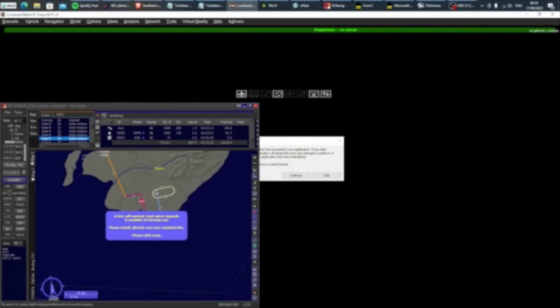I don't quite know what Active Sky was trying to play at there, to be honest with you, but that's fine. It got kicked out of the equation. Because really, when you're doing an RNAV approach, if it's not too bad, then that's fine. But it was doing its usual nonsense where it was trying to kick us all over the show, and that's just, you know,